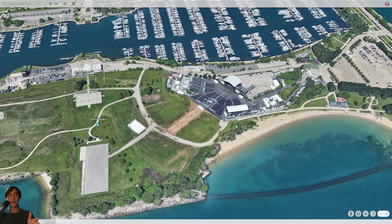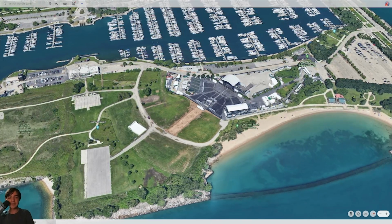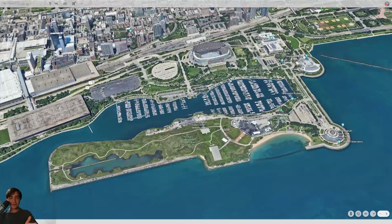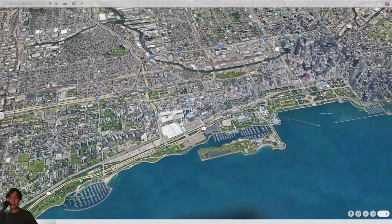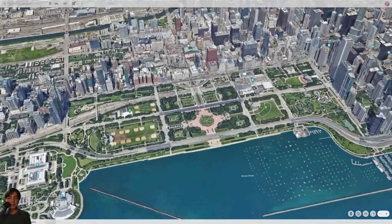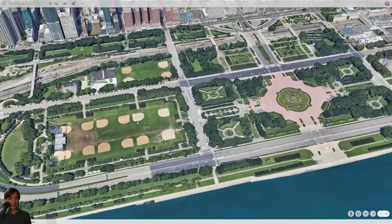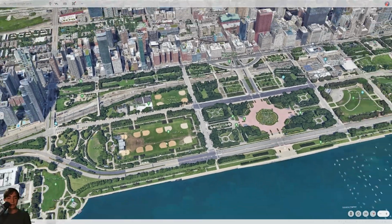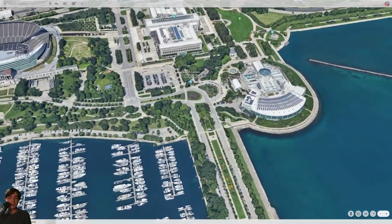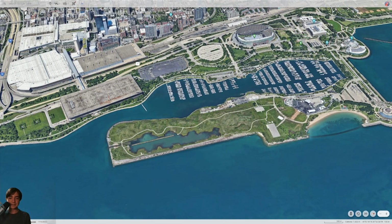Now in today's video we have a little more of a different approach from what we usually do on the channel, which is going to be a bit more of a history lesson. If you live in the Chicago area, this is Northerly Island, a park in downtown Chicago, right by a bunch of other parks and monuments. Over here you can see all these fountain memorials, and Grant Park right over here. So there are all these other parks very close to Northerly Island, but there are also different museums here, like the Adler Planetarium, and of course the Field Museum and the Shedd Aquarium. Now all these are on this little island here, and you might be asking